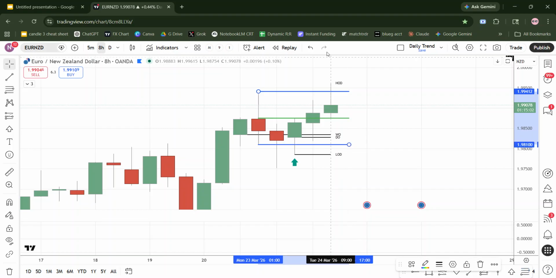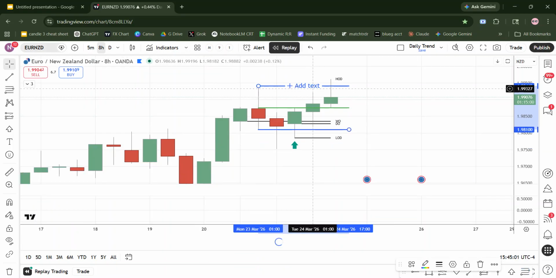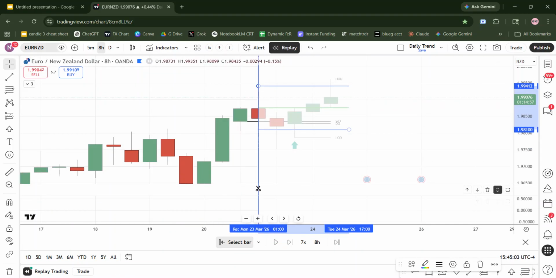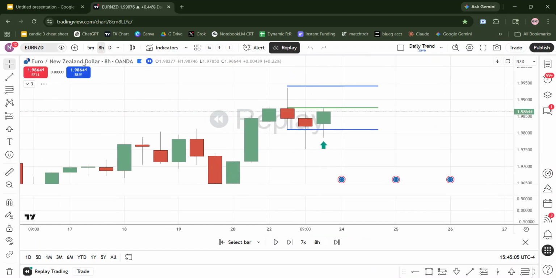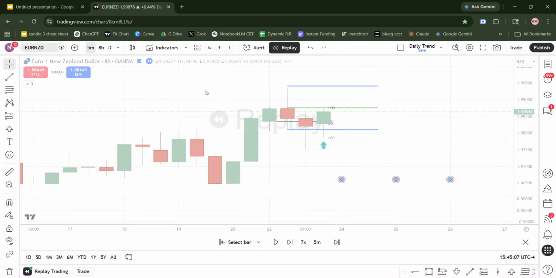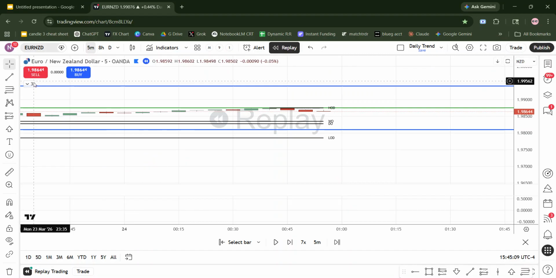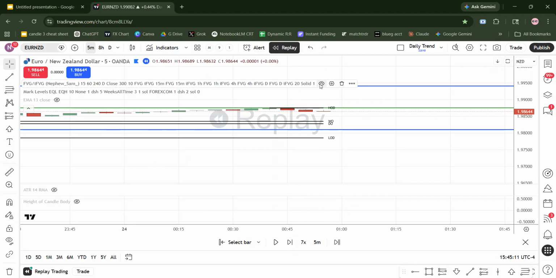Right there. So I'm going to go to the replay option now. And let's take a look at how we could possibly structure our risk. Now, this is based on my entry criteria. Obviously, if you don't trade the candle range theory, you have to fit it to whatever trading method that you